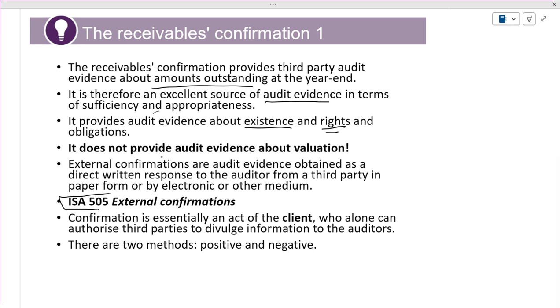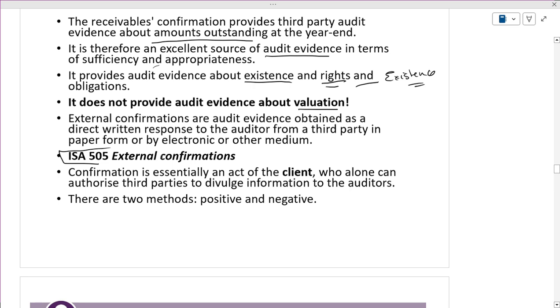It does not provide audit evidence about valuation. It doesn't talk about valuation. It talks only about existence. External confirmation is obtained as a direct response to the auditor from the third party. Confirmation is essentially an act of the client, who alone can authorize third parties,